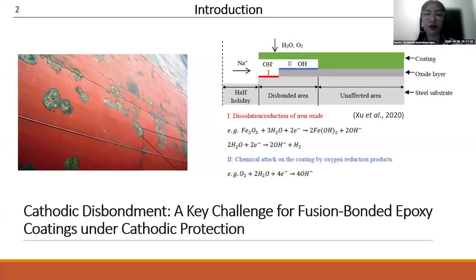Industrial cathodic protection systems typically operate between minus 0.85 and minus 1.2 volts versus the copper sulfate copper electrode. And yet, even at minus 1.2 volts, coating detachment can still occur from the coating. So this is an issue, no?